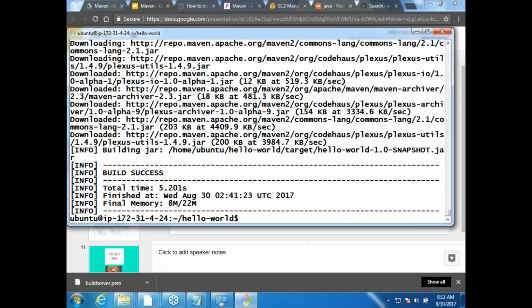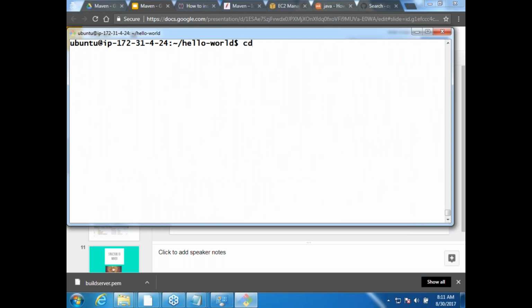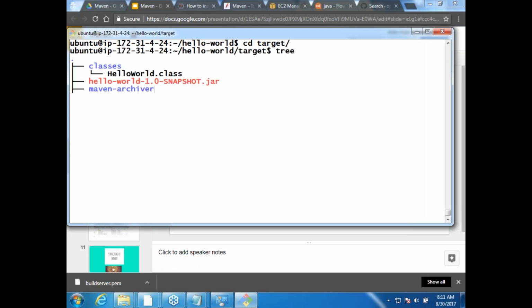So it says it has done. Now let me get into target. Whatever Maven builds, it would be in the target folder. Now let me do tree. Am I seeing anything new here? Did it create a jar file?